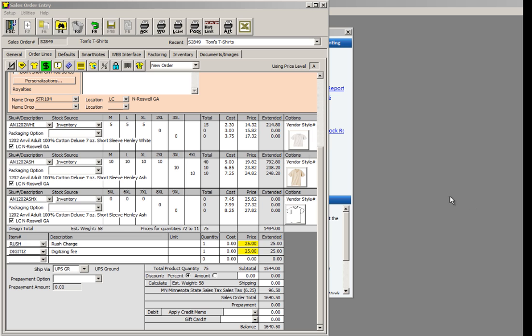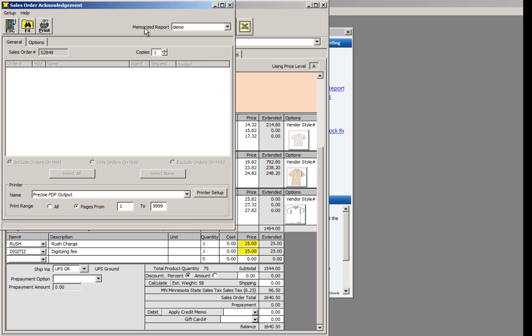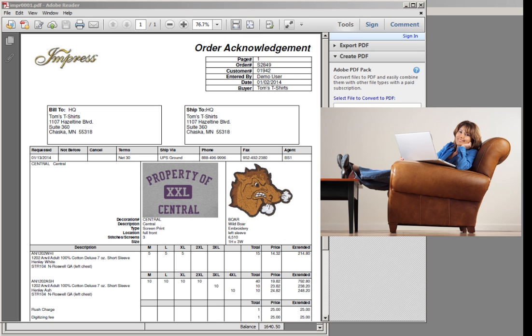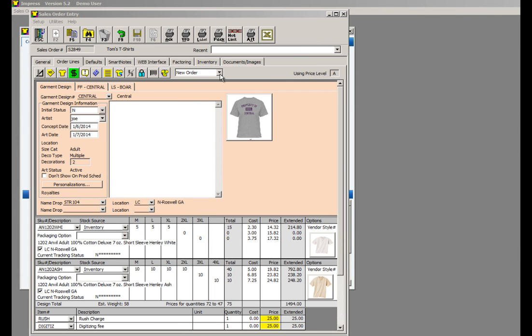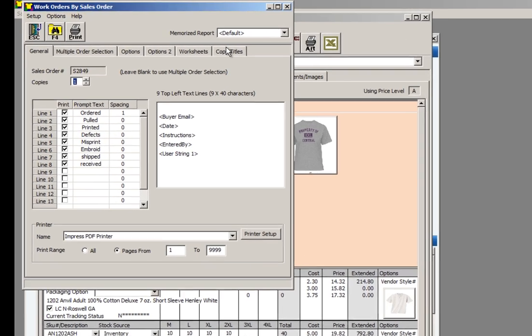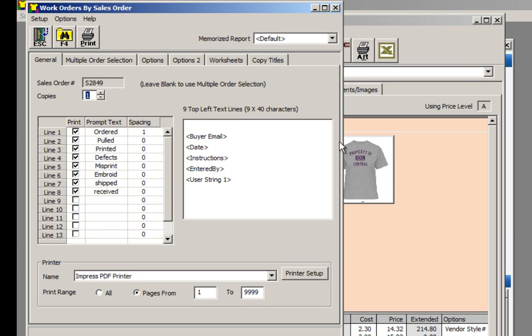Once we save our sales order, an acknowledgement can be automatically emailed to the customer, letting them know that a sales order has been entered into the system, and if you have the web order status module as part of your installation, an order can be automatically placed on hold until the customer submits approval. If we like, we can print the work order at this time, or it can be printed out later by our production department. The work order itself can display different information depending on your preference, such as whether or not